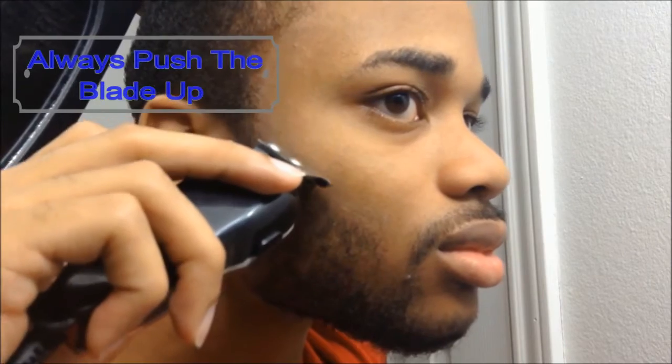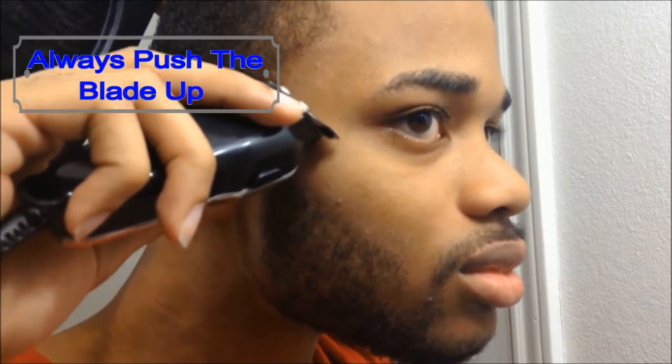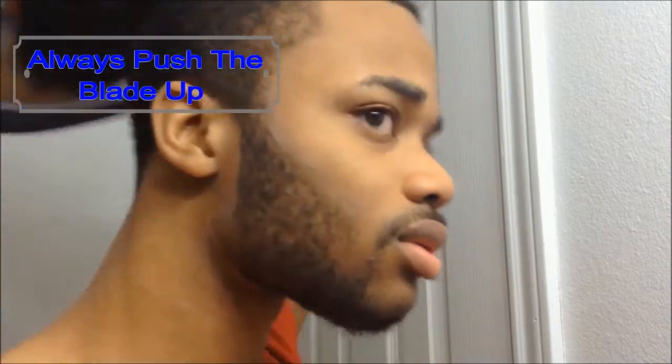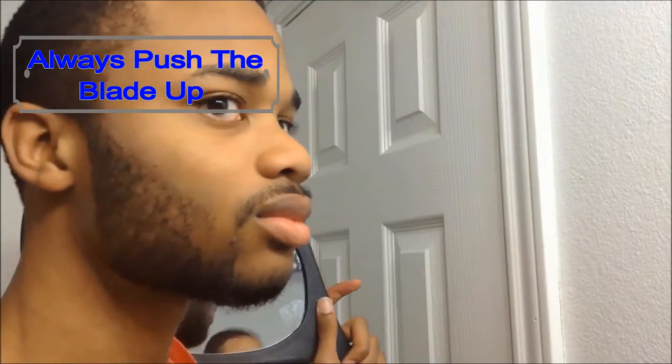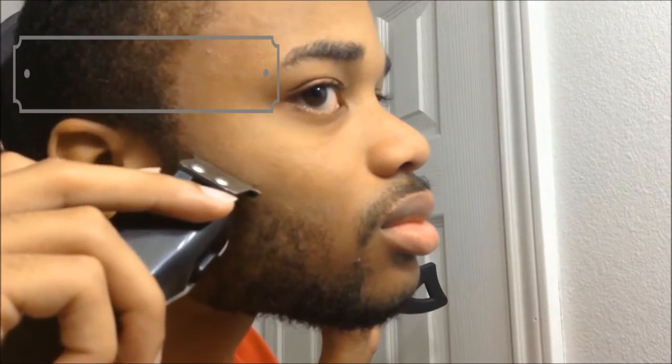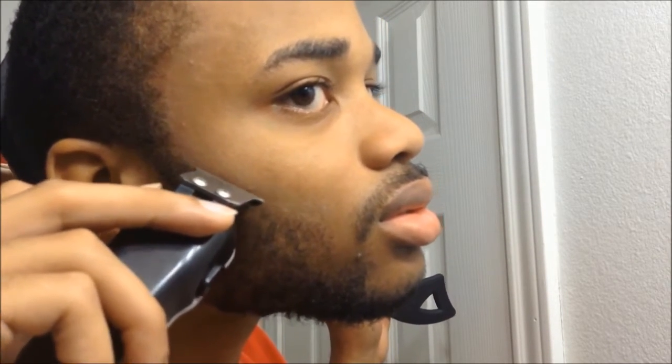So for my No Shave November beard, notice I'm not using a full blade. I'm pretty much using just the part that actually cuts, and I'm going real slow, and I'm really using the corner of my blade. I'm really not even using the full thing for my curve at all. I pretty much use my Wall Heroes as if it's a pencil, really. So I really just use the corner to create my curve, and I go real slow. That way it's a better chance that I won't mess up at all. So I just go real slow